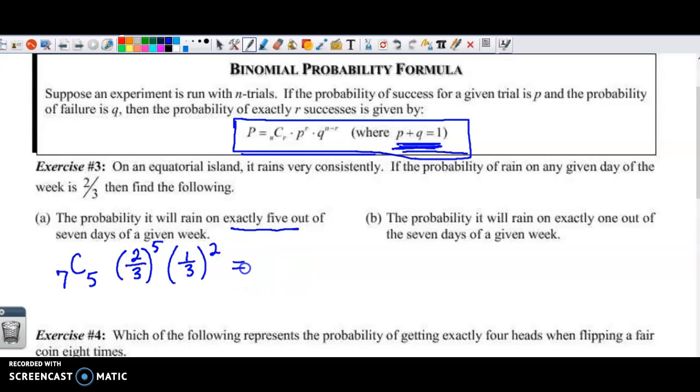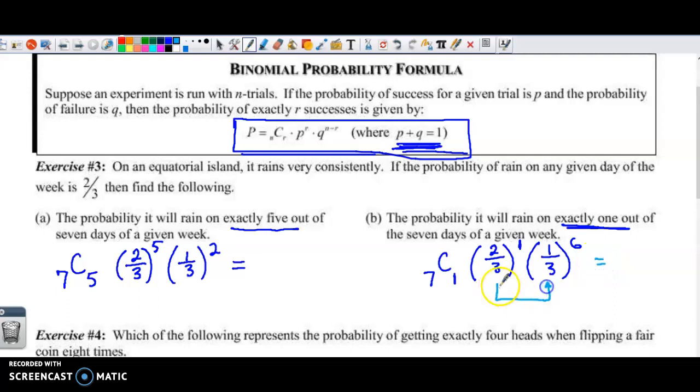And I'm going to just hit equal, and go to the answer key. I trust that you can use a calculator on this one. Because in letter B, the difference is we want it to rain on exactly one out of these days. So 7C1 times 2/3 to the first power, because we only want it to rain once, and then 1/3 to the sixth power. So a few things before going to the answer key,